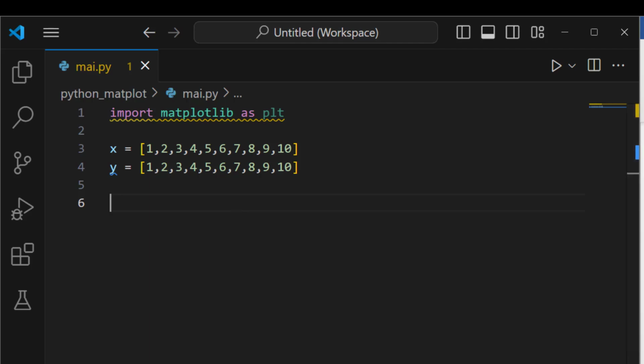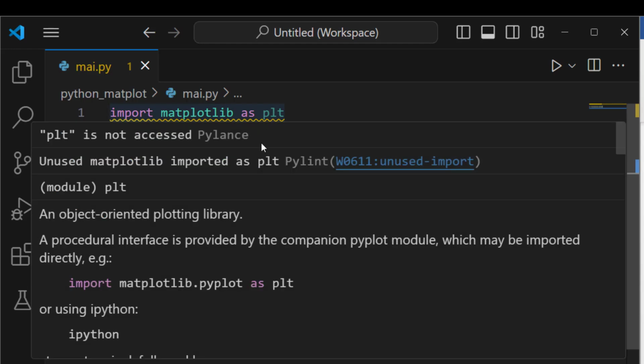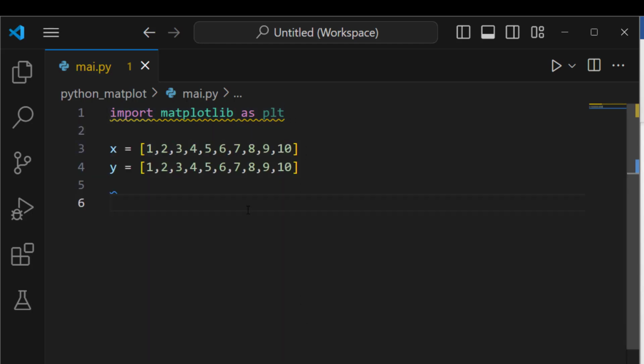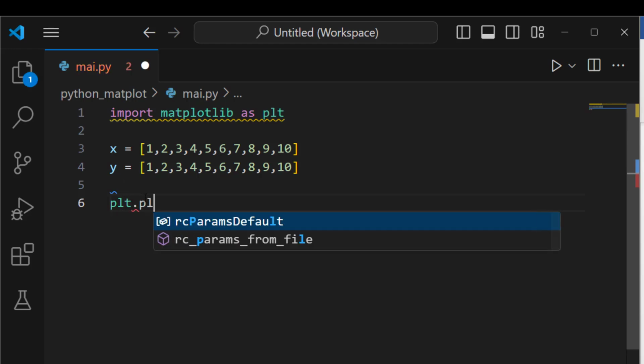Then after that, we use this to show the graph in our window. If we want to plot these two data to show a line chart, we have to do just plt.plot.